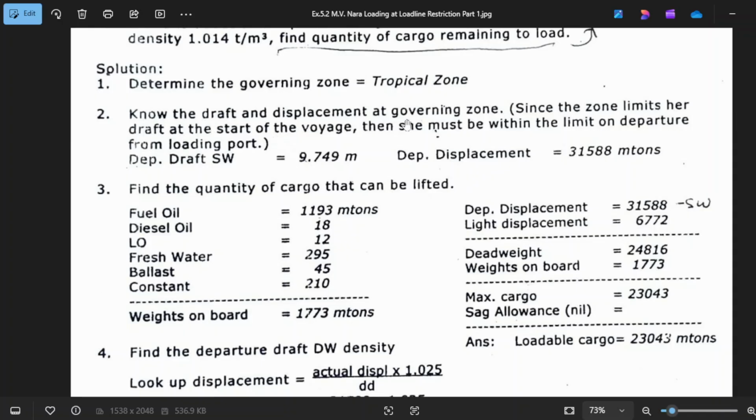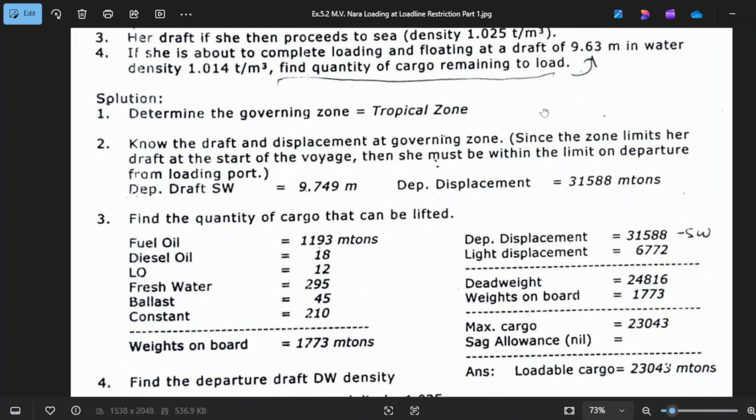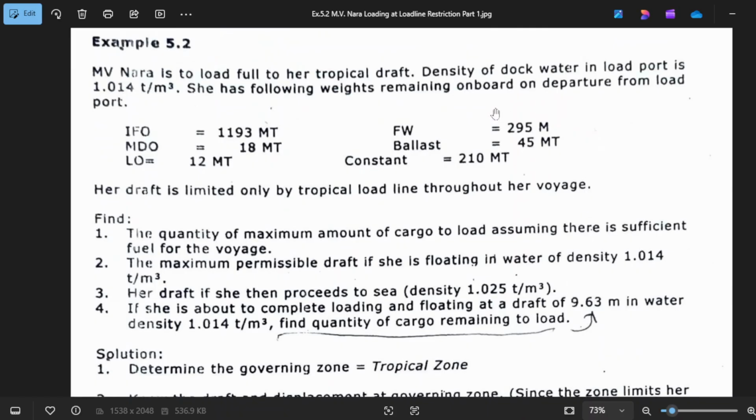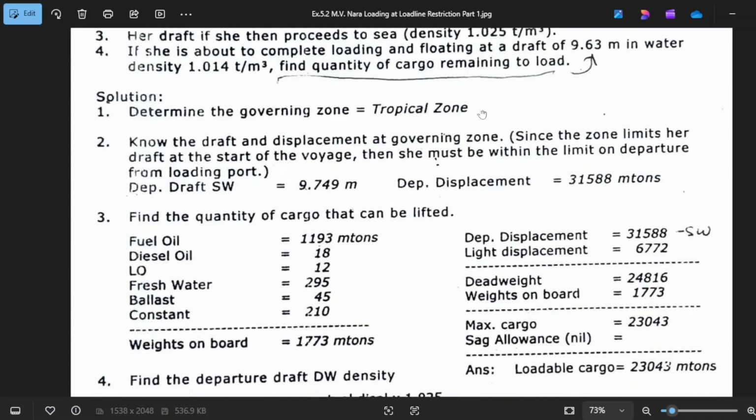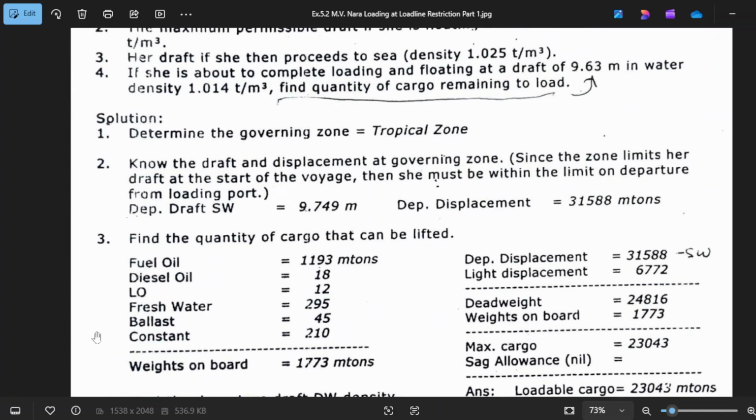Now the draft and displacement at the governing zone, since the zone limits her draft at the start of the voyage, when she must be within the limit on departure from the loading port. So this is your salt water draft at tropical zone of 9.749. So your ROBs, which is this one, you add all your ROBs remaining on board: fuel, diesel, lube oil, freshwater, ballast, and constant.